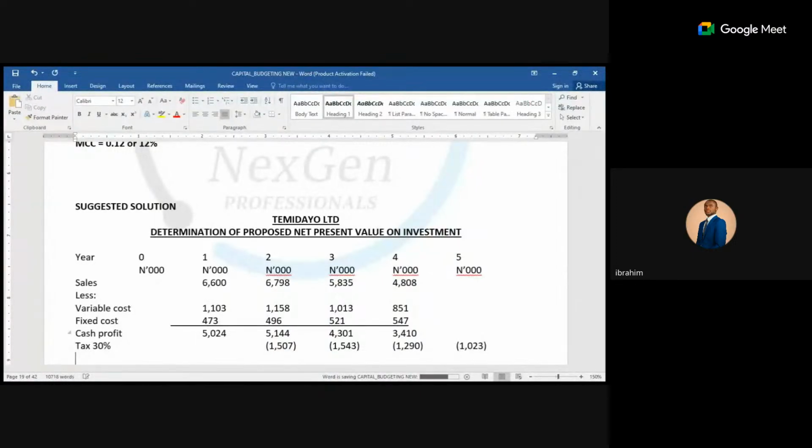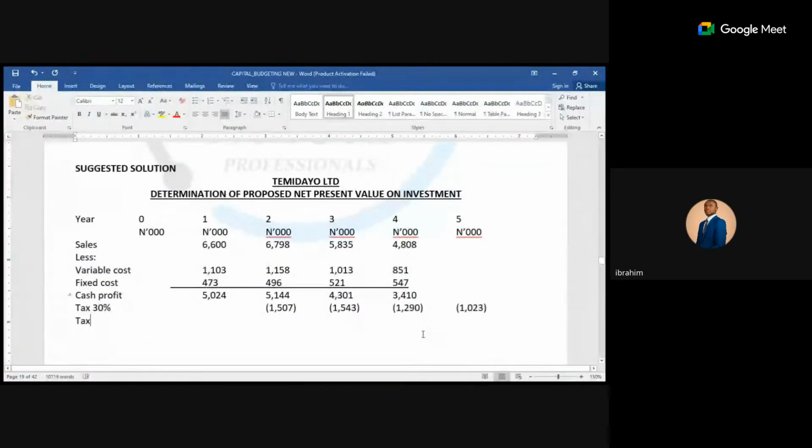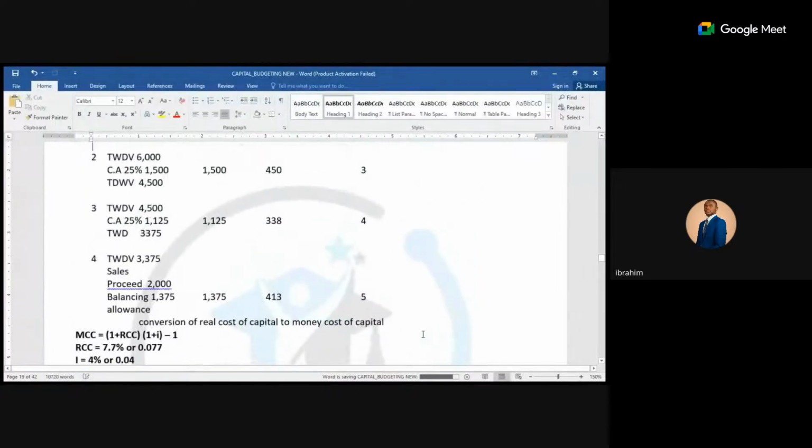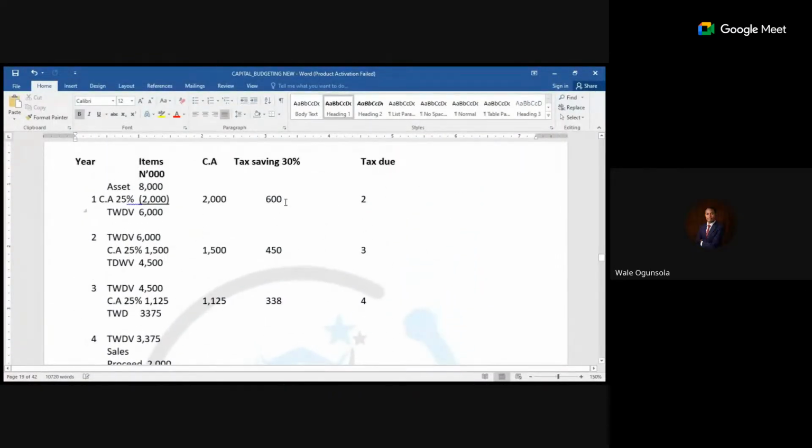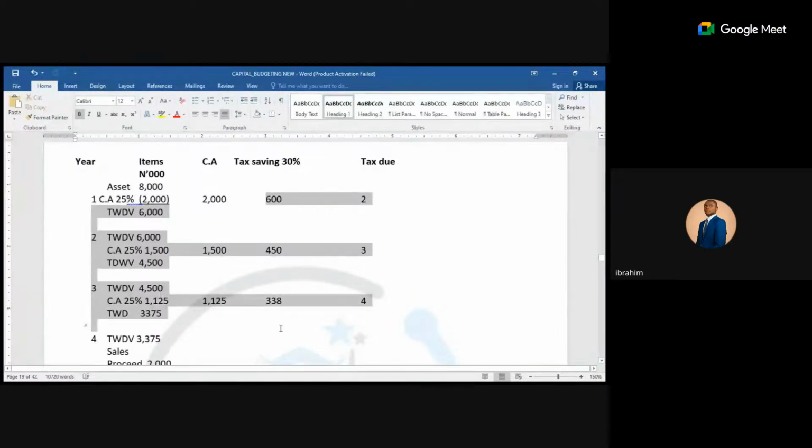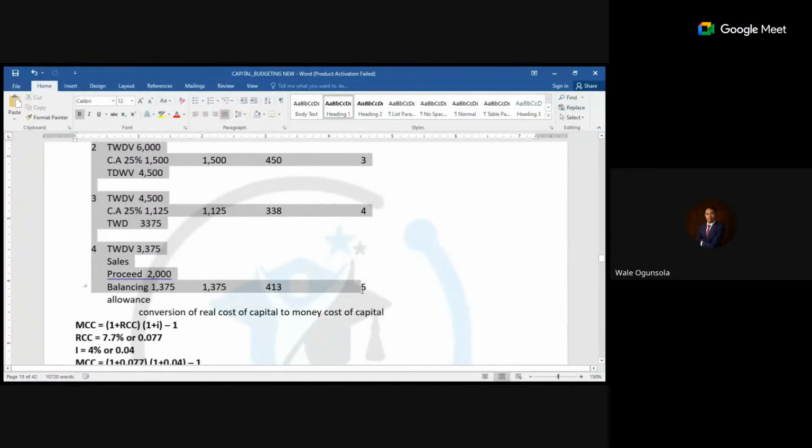Okay, so after the tax, we have tax savings. This is how we're supposed to present that first on board, because they didn't give us tax. So, no tax there, right? So we have tax savings in our workings. We go back and pick our tax savings. You just need to give me the figure. Can you see the tax savings, class? Yes.